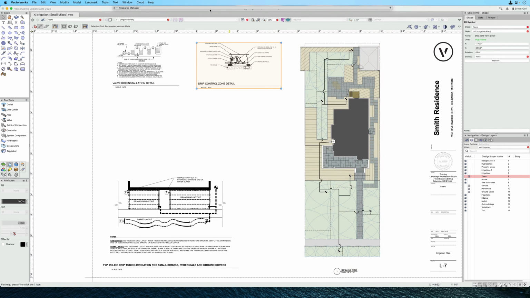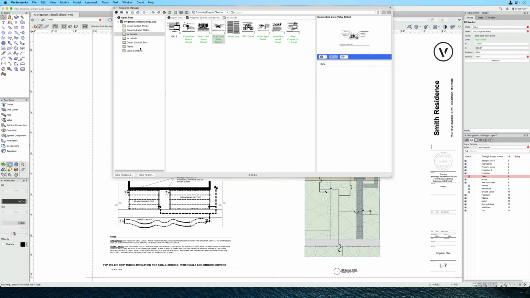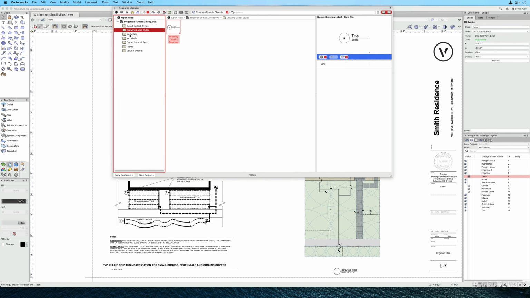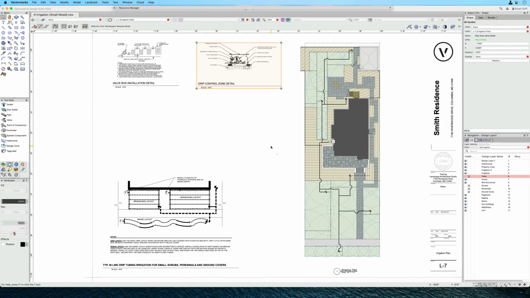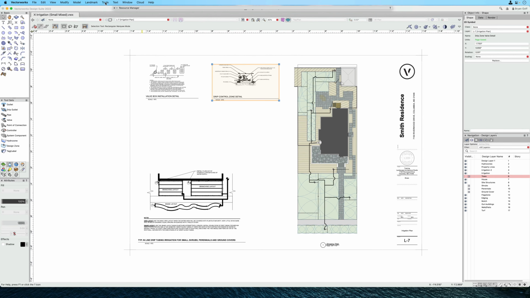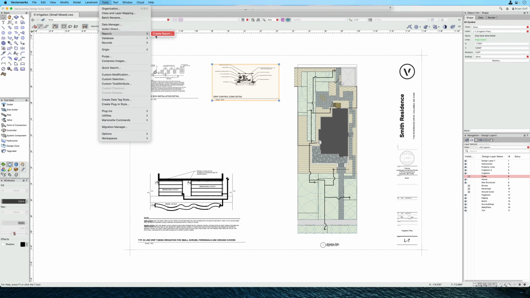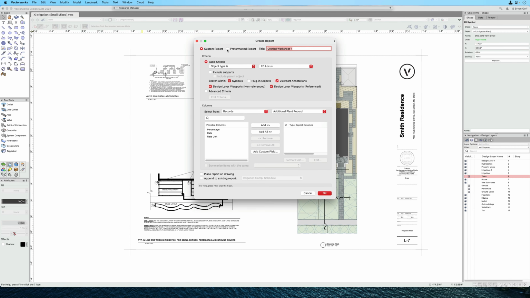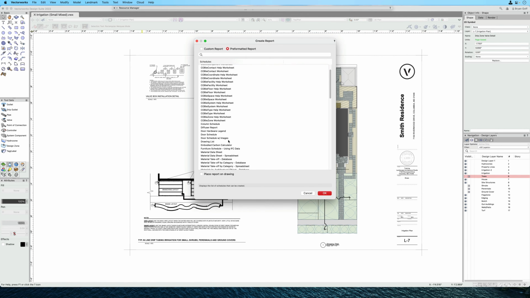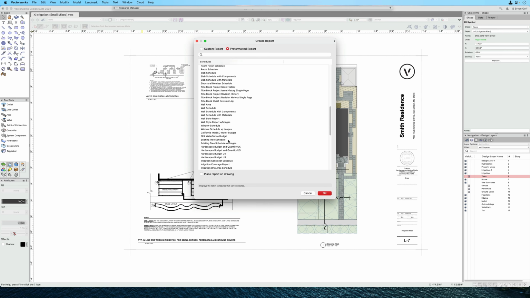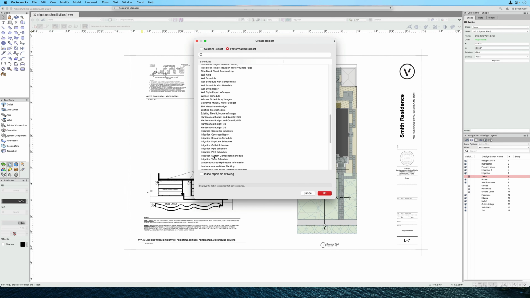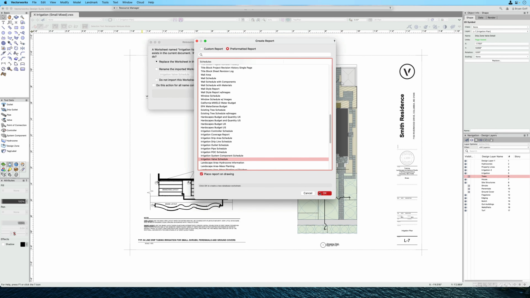Another thing that's going to be important is getting specific information. So we have a few different pieces here that we can do. We've got some drawing labels, irrigation labels. We're going to do that in a little bit. We do have some worksheets that we need to put in here. Internally, we have tools, reports, create report. Here, I'm going to use pre-formatted report, and I can scroll down to irrigation, and in this case, let's use valve schedule. I'll place that report on drawing,